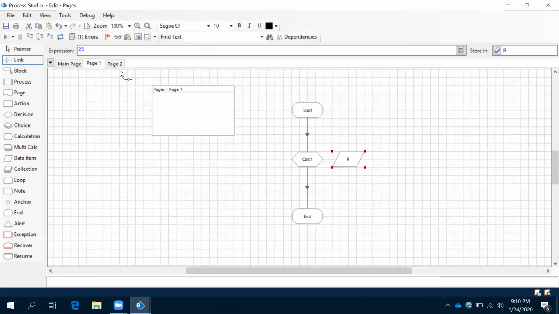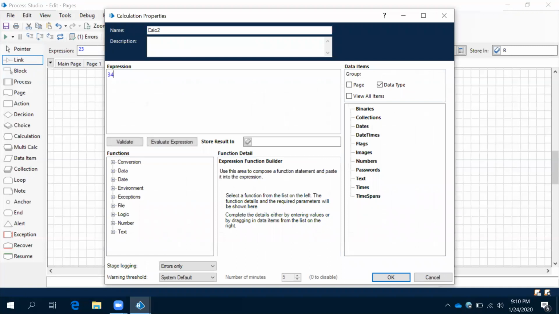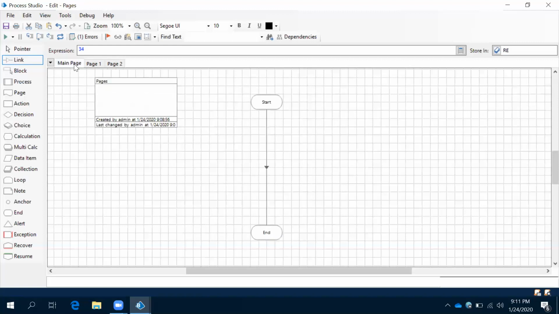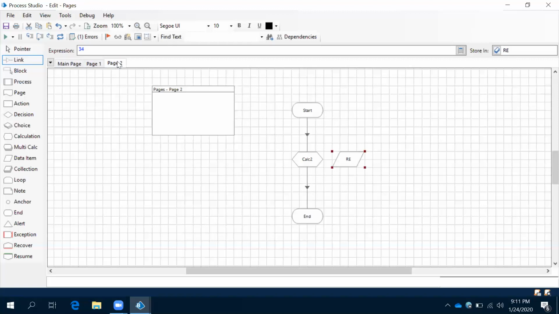Then coming to Page 2, we are going to give some number and store it in the result. Now the main page has a process, Page 1 has a process, Page 2 has a process. This Page 1 and Page 2 we are going to call sub pages or child pages.